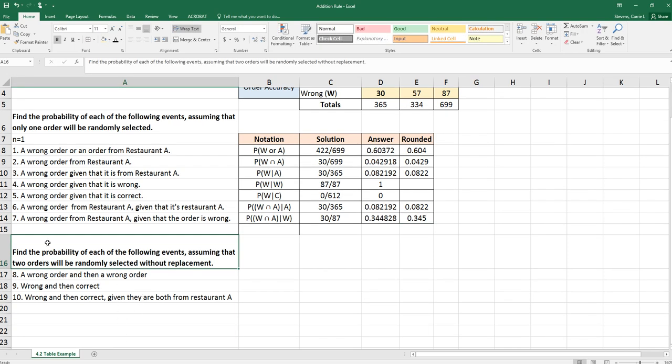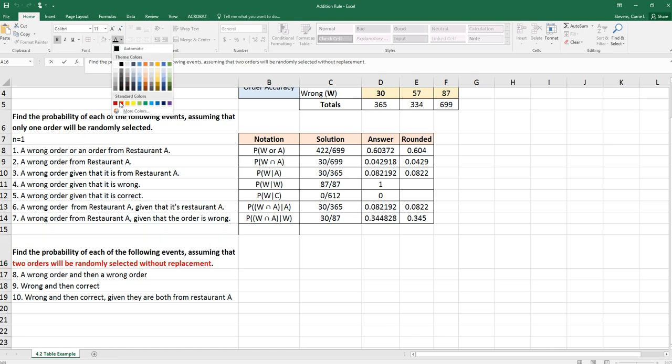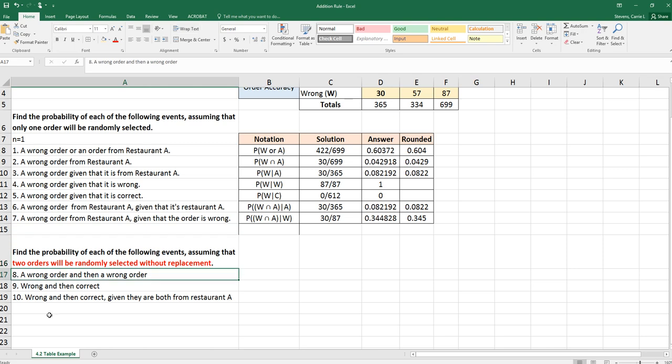And then we can also do some with multiple events. Find the probability of each of the following events, assuming now that 2 orders will be randomly selected without replacement. So that's the change here. Okay, so 2 without replacement. First of all, the probability of a wrong order and then a wrong order again in the second event. Wrong and then wrong. Shorthand way of writing it like this. And then I would want to multiply the probability of getting a wrong times the probability of getting a wrong,